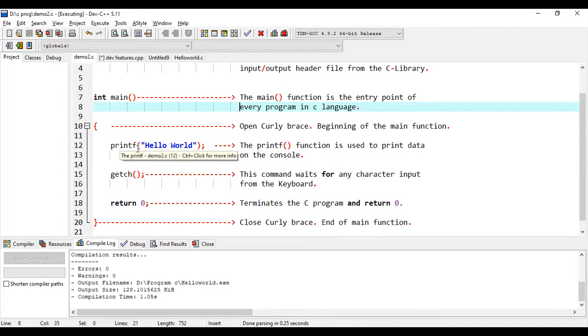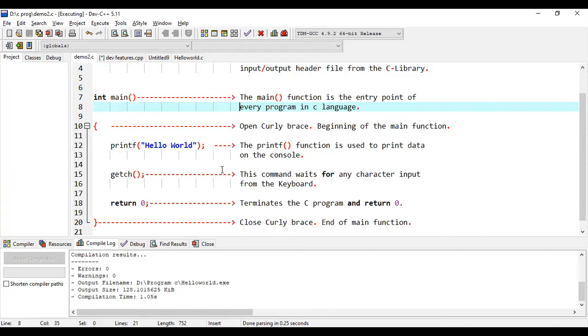Here printf is one of the predefined functions. The printf function is used to print data on the console. We have displayed the message hello world. This is the data we have displayed on the console. Next one, getch. This command waits for any character input from the keyboard.